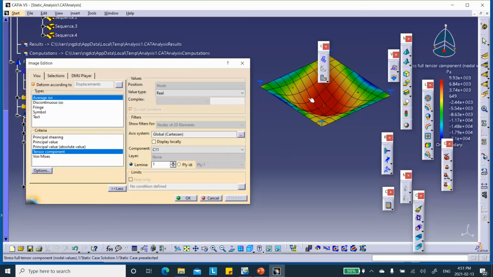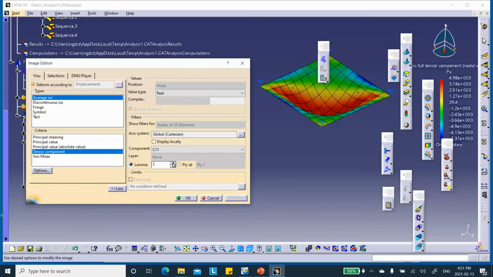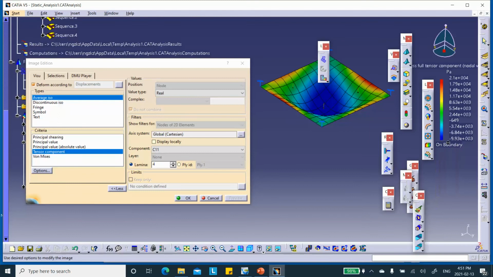So by the way, let me see now. This is lamina 1, and remember this point is roughly 10,000. If I go to lamina 4, which is the very bottom, notice that it switches down here, because one goes into tension, the other one is going into compression, and therefore the sign flips, okay. That's pretty much it. In case you want to plot the von Mises stress at a different layer, you select this,